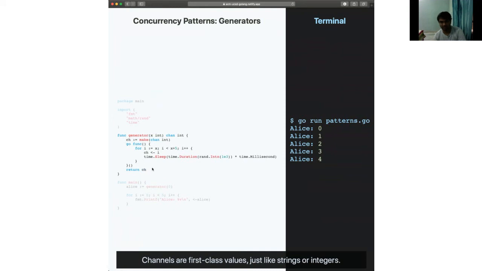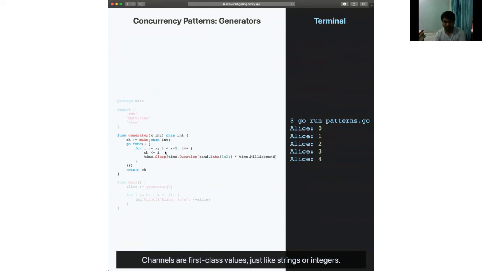So notice this pattern: what's interesting about having channels be first class types or first class values is that you can have functions that return a channel and you can use that in different ways. So this generator is called generator because it generates a channel with certain values concurrently put into the channel.